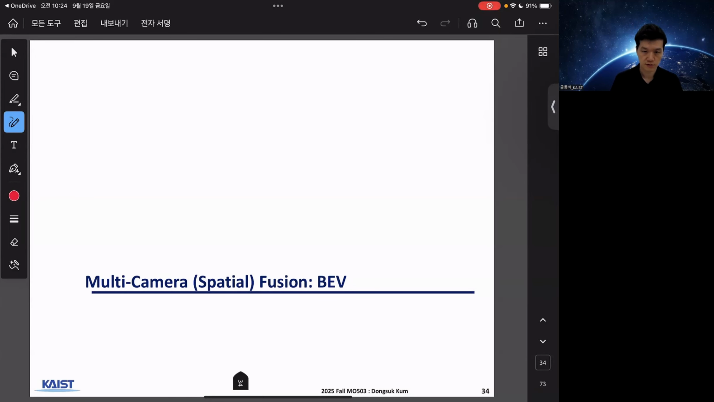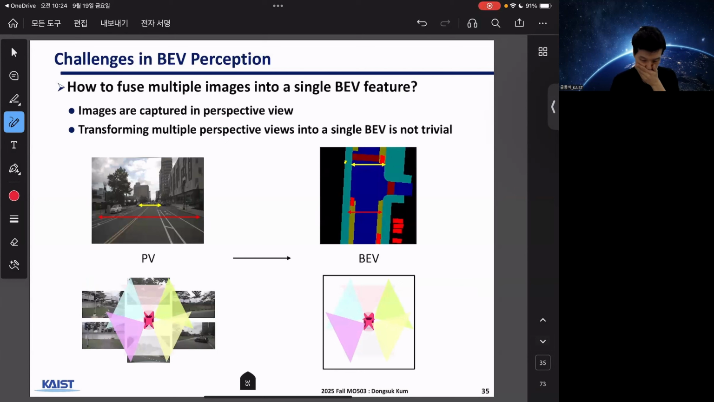Okay, we just covered view transform, and that's going to be related to this topic. It's very closely related. So in this section, we're going to learn how we can aggregate or fuse single image features